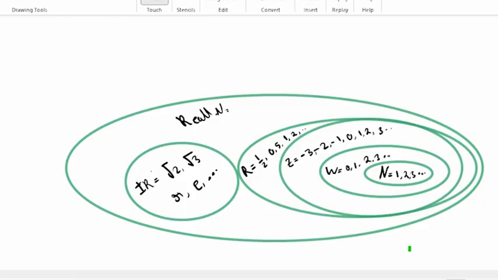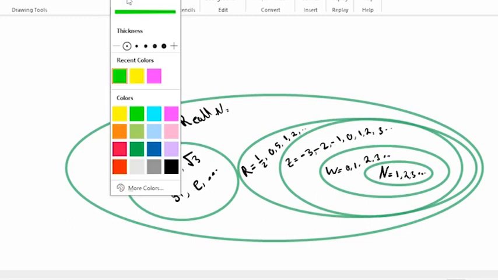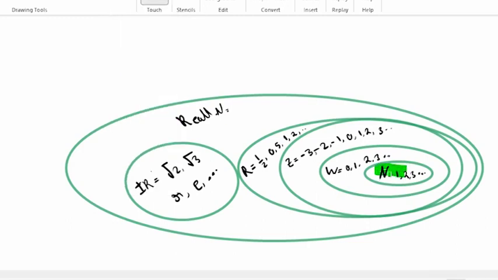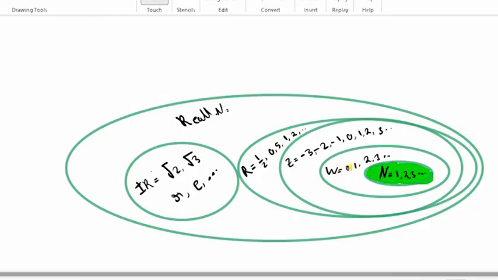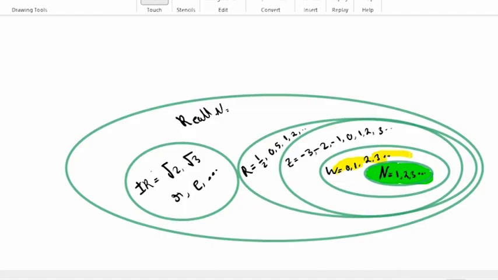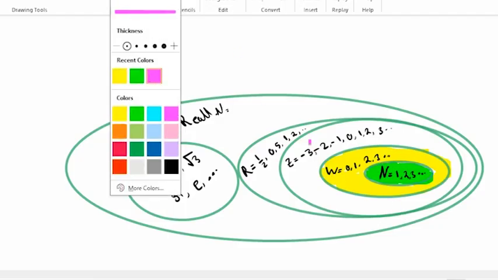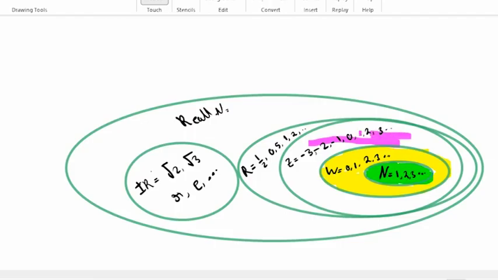I want to color it with different colors. For example, here it is the natural numbers, just used for counting. Then the whole numbers. It means a natural number plus 0. This is the whole numbers. And this is the integer numbers. It means